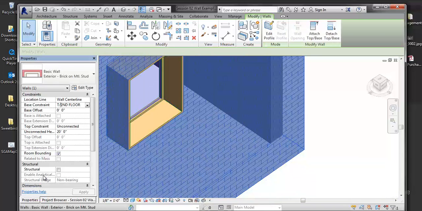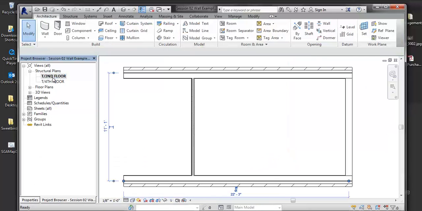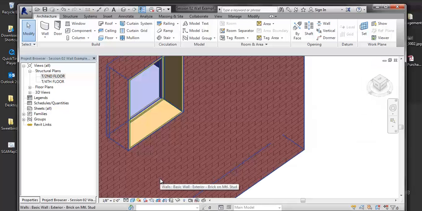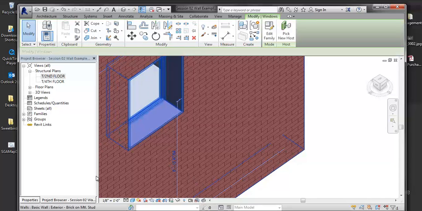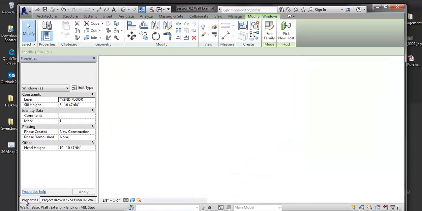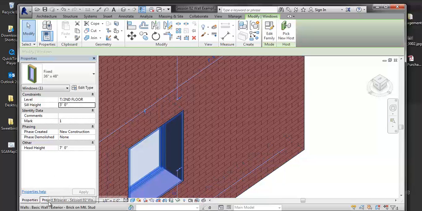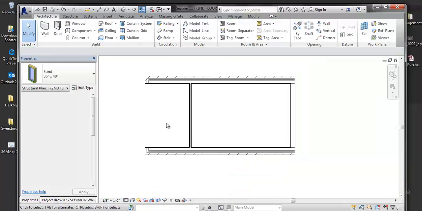Let's go to the floor plan, T second floor. Now in T second floor, I don't see my window, and that's because the window height is above our cutting plane. So I need to go back to 3D. How do we get back? Control Tab on the keyboard to our window. I'm going to change my window sill property. Just like the walls, the windows have properties as well. In our case, we want to move that sill height down. Move that down to 3 feet. Then when we do Control Shift Tab to go back, we should see